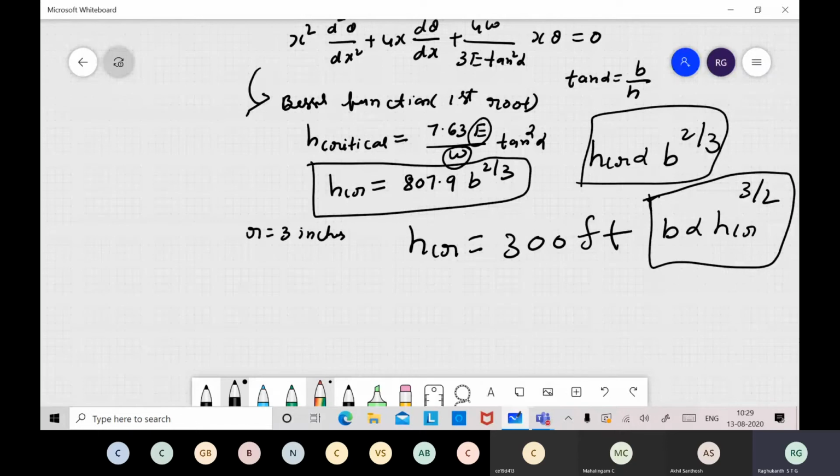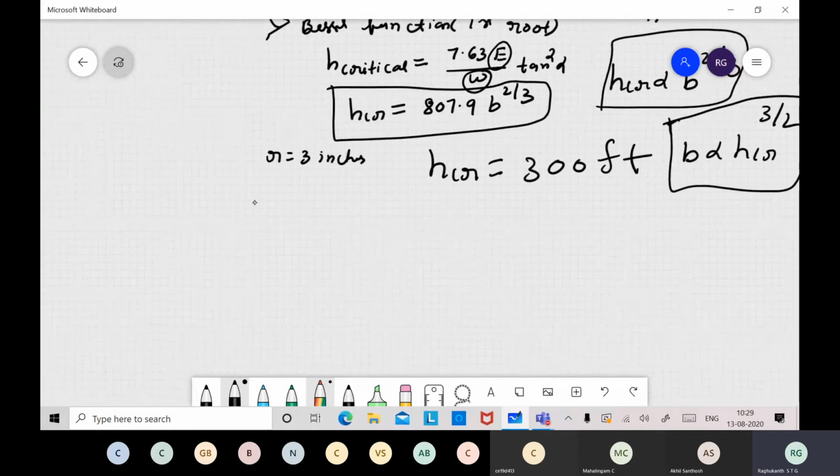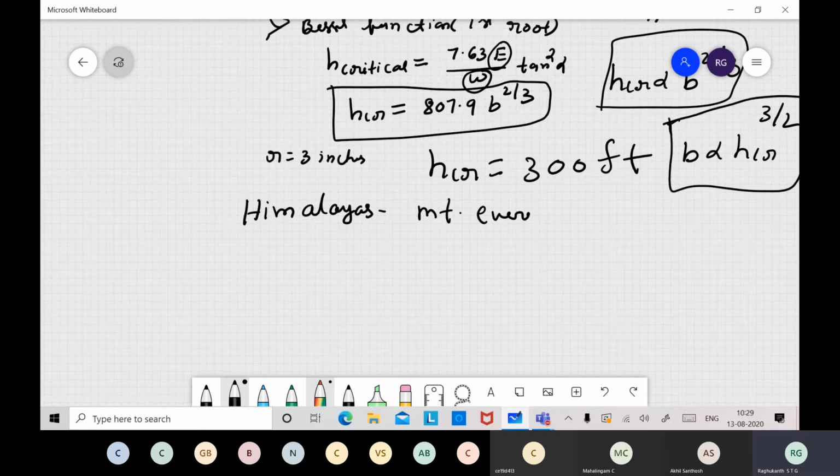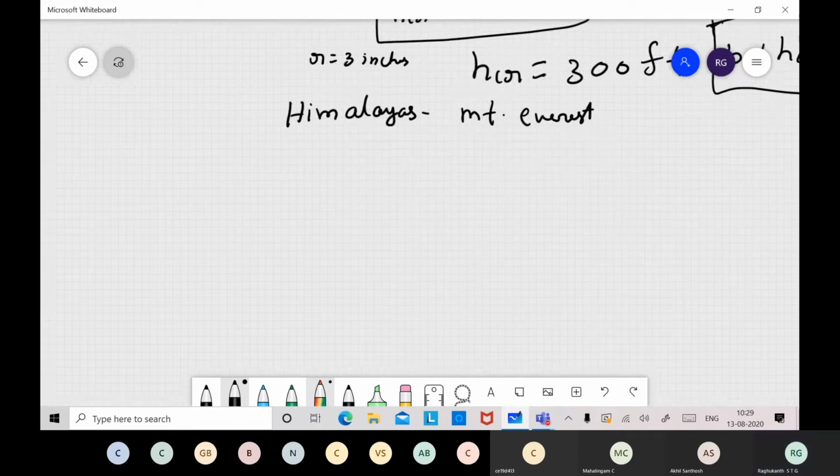Like you can easily calculate for the Himalayas, any mountain, say Mount Everest actual, how much height it can grow. It keeps on increasing, it will touch the sky or something like that. If you want to calculate, you can calculate this one. And if you find out, your Mount Everest base width is also extremely high to support that much height itself. So this is a very fundamental derivation, a very important thing in self buckling. Okay, fine.